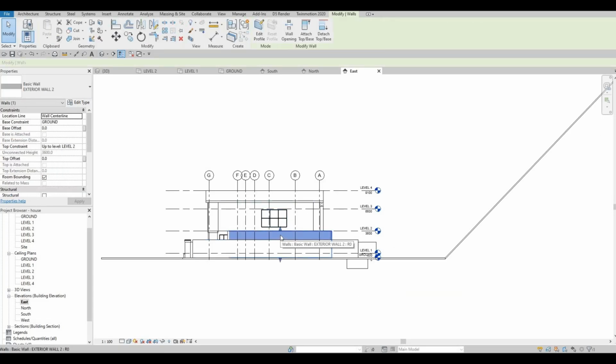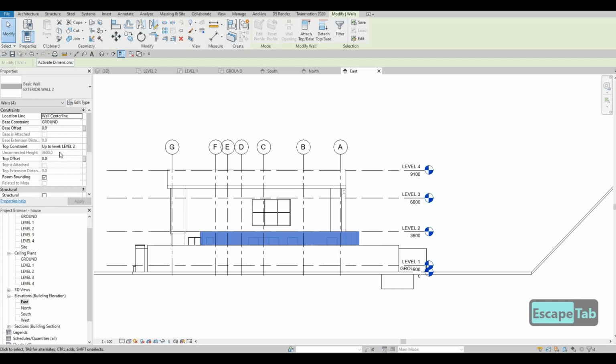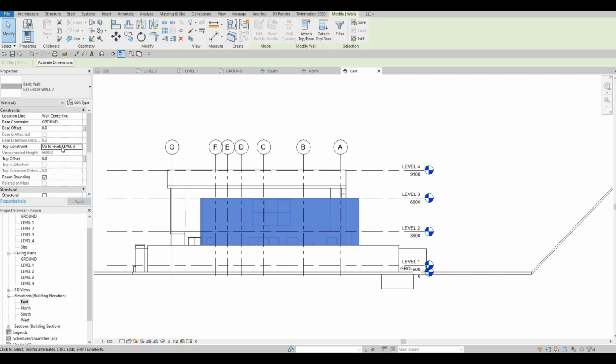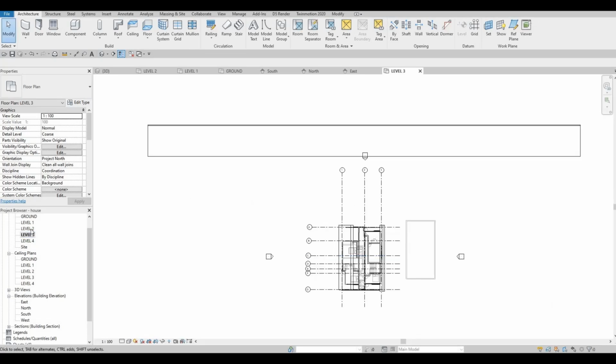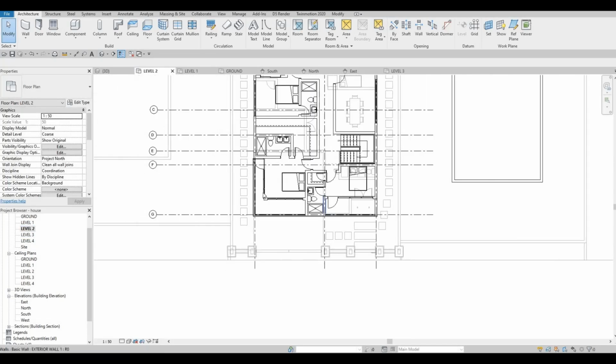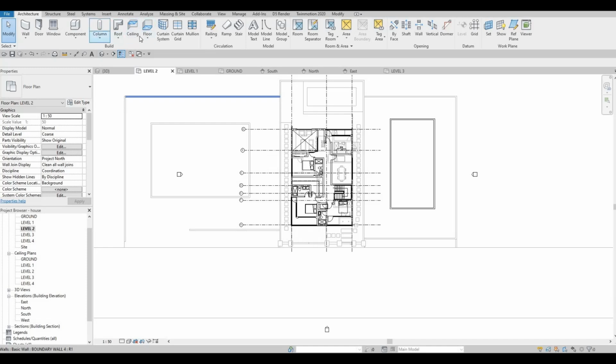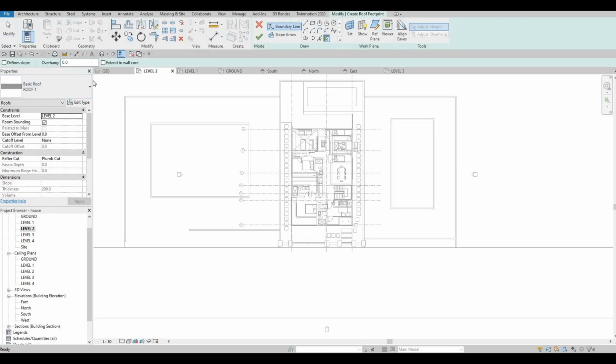So here is, I'm going to level 3, top offset around negative 2000, and then we're going to use roof, and then define slope,